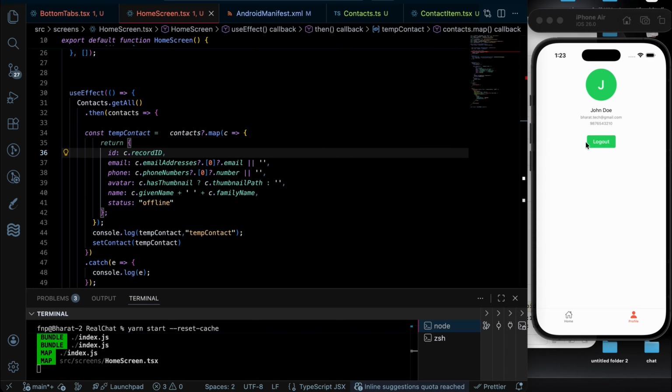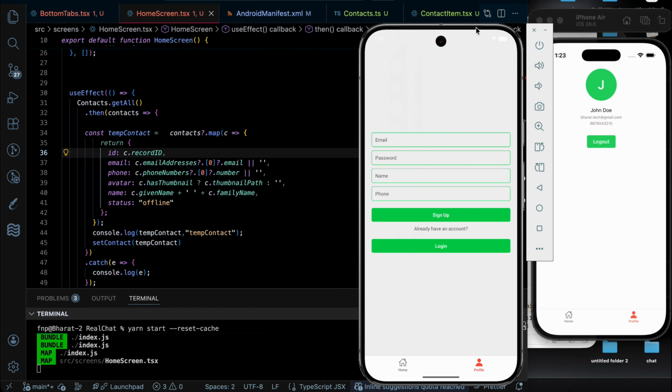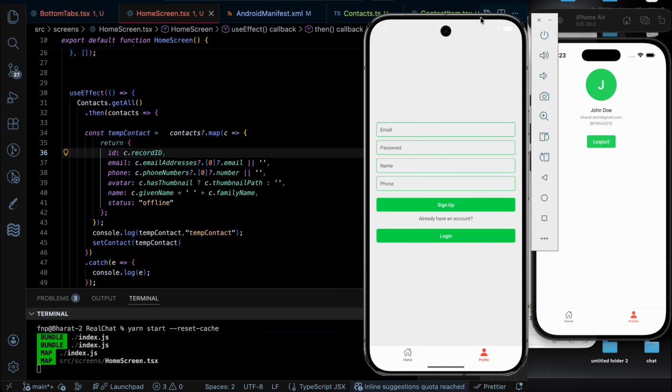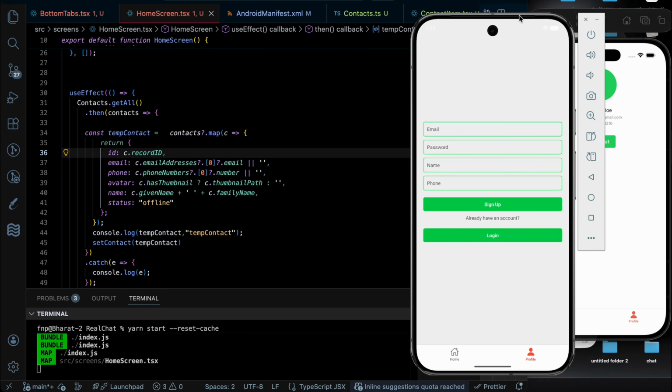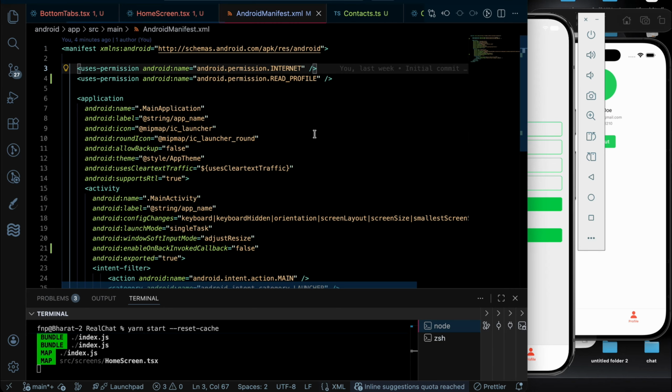And actually we do not need to log out. Why? The Android app is running now. So yeah, and let me tell you one more thing here. While we were setting up the React Native contacts library, I think in the Android manifest file